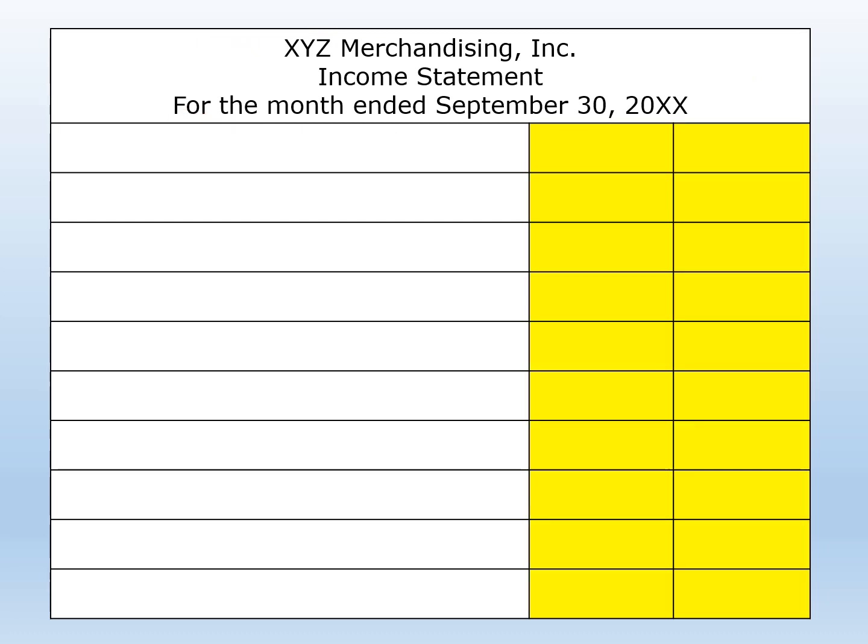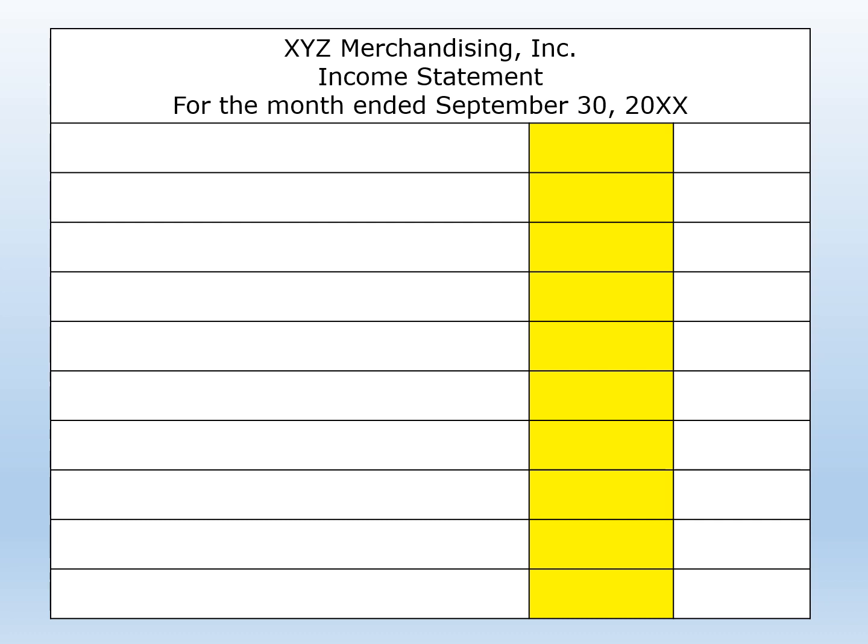You can see that there are two columns for numbers on the right-hand side of the income statement. That's part of the storytelling function of financial statements. The far right-hand column is for the main story. The main story of an income statement is revenues minus expenses equals income. This inner column is for subplots of that story, and I'll show you how that works as we build the